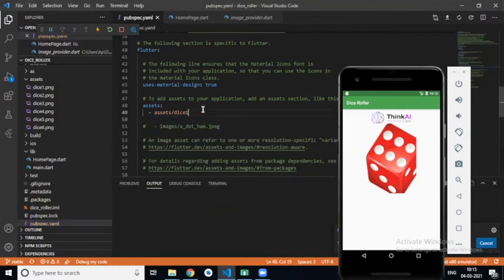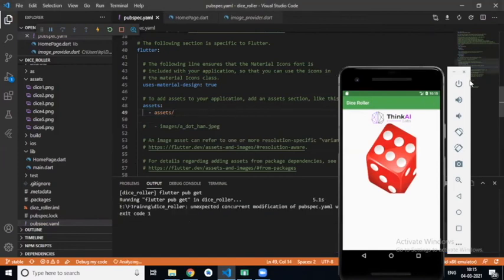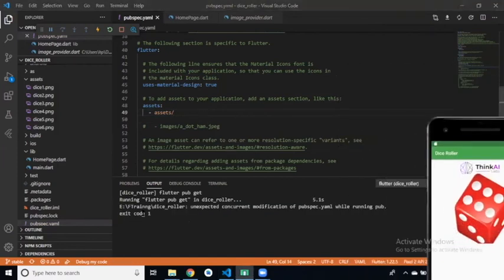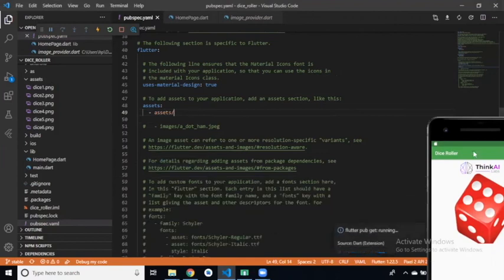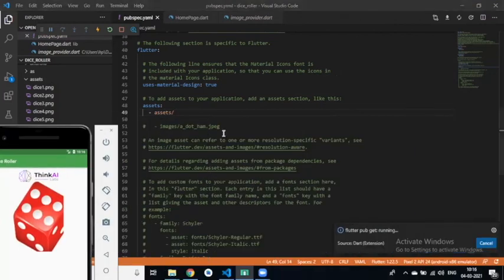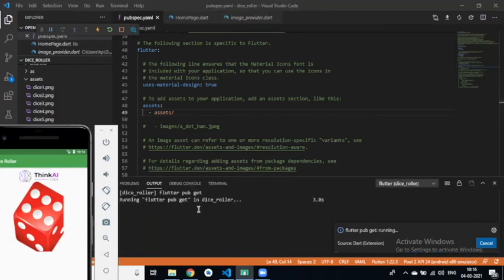Simply assets, like this, not defining any file name. You can see exit code 1 because flutter pub get is running. If exit code is 0, that means your pubspec.yml file is okay.